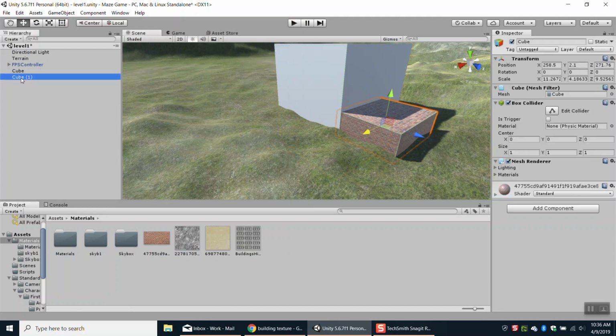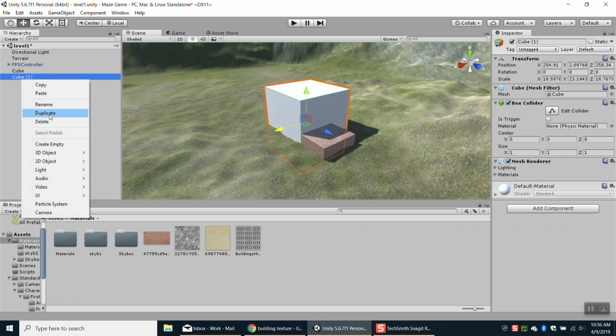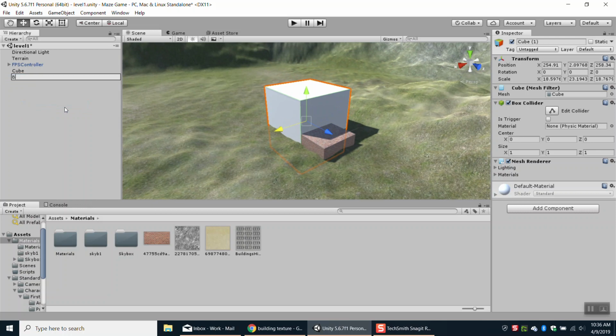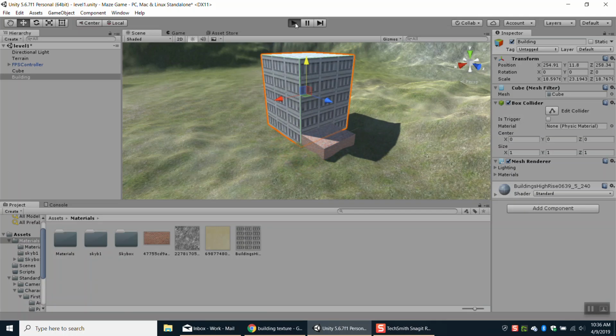Now this one, this cube right here, I can right click on it and click rename. We want to call this one my building. Okay, and I drag the building material onto that. Let's kind of make this bigger right here. Alright, so now when I play this,